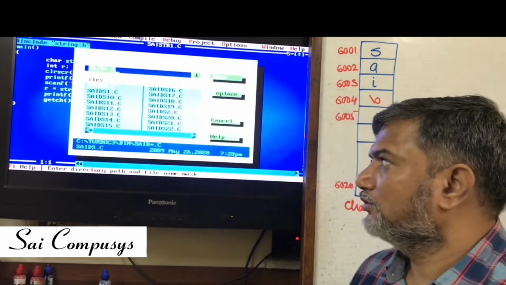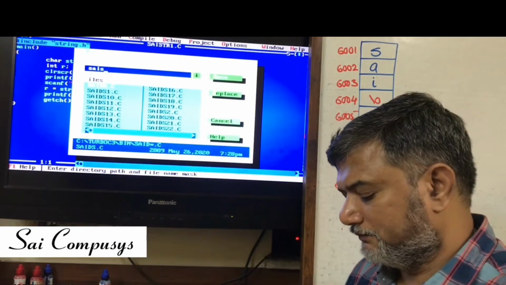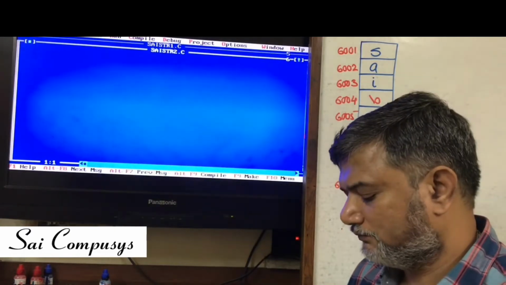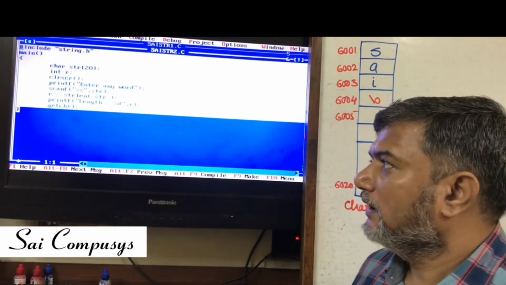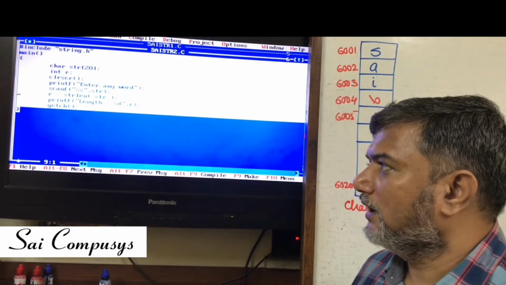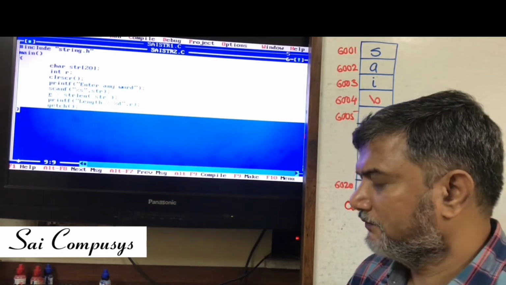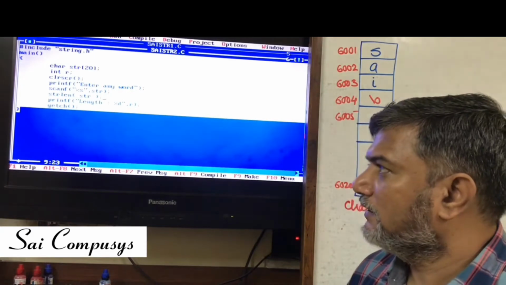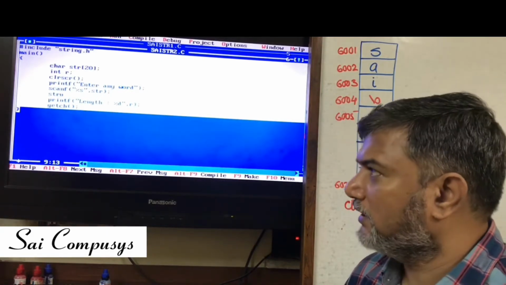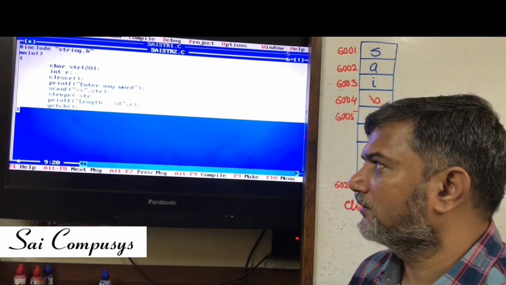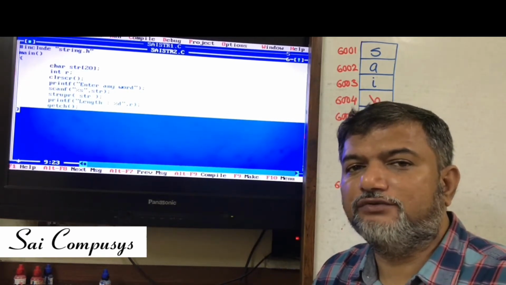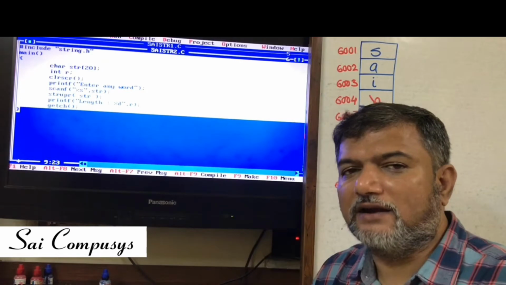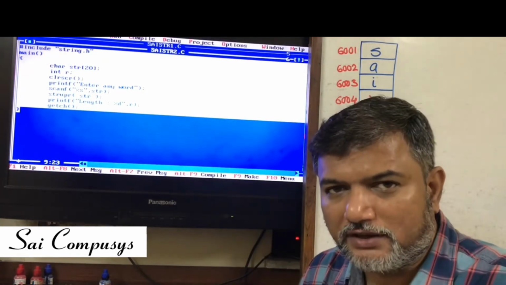The next function I will show you is this. Here I will be using another function. Instead of strlen, let me write strupr. Strupr is a function which converts the sequence of characters from lowercase to uppercase.